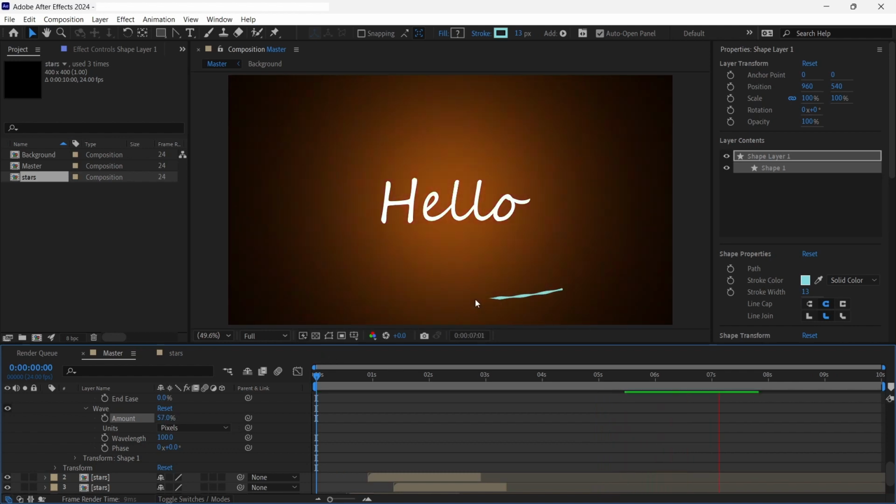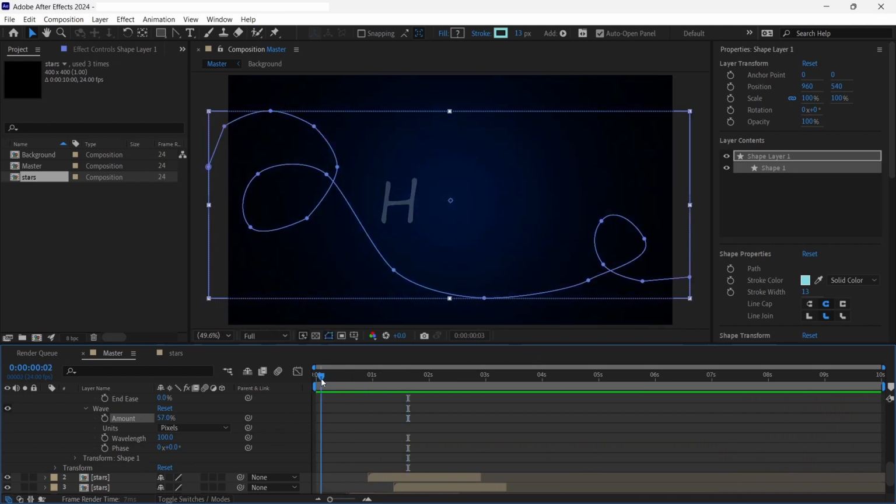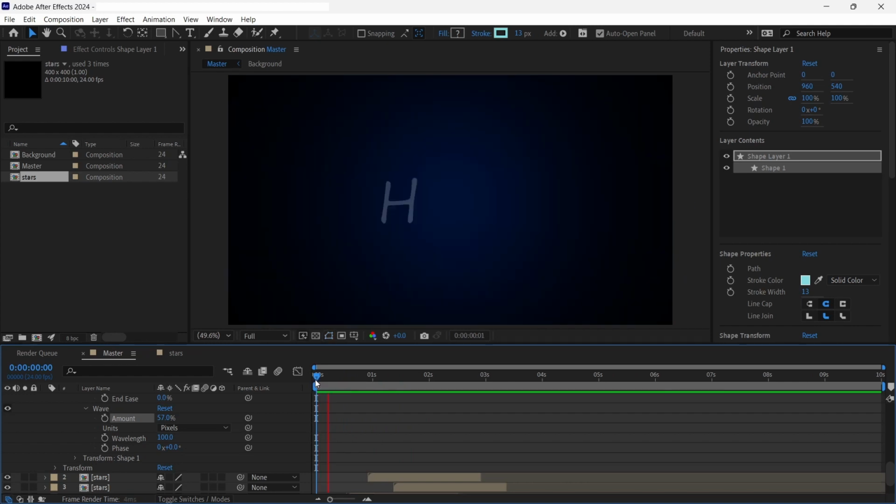And now, as we can see, it's distorted it just that little bit more. It looks really good. Have a play around with it, have some fun with it, see what you create, and